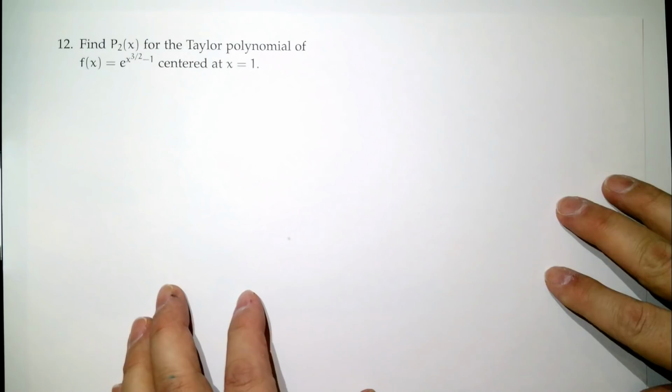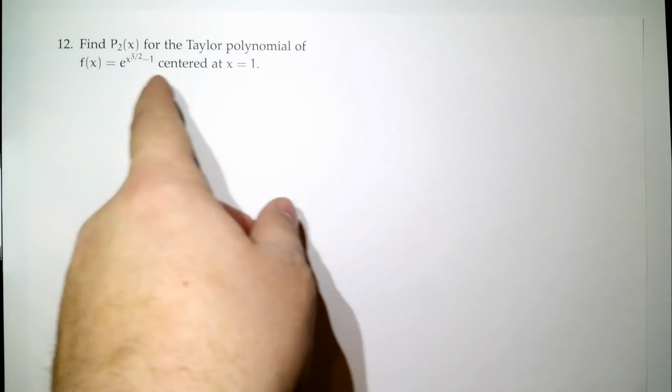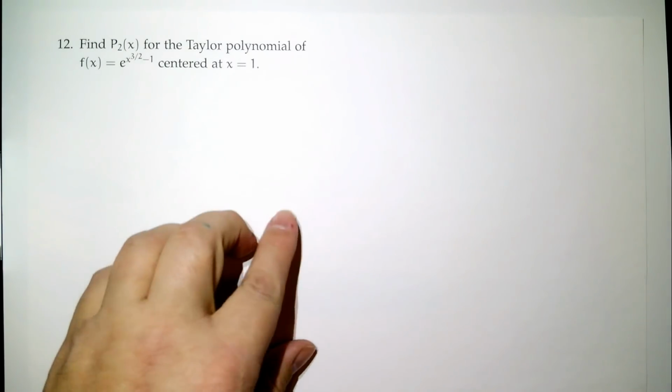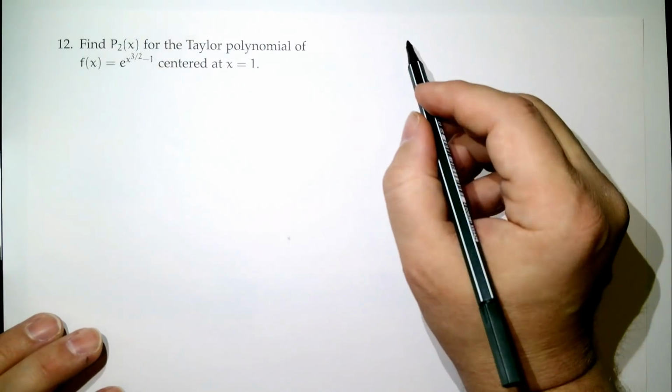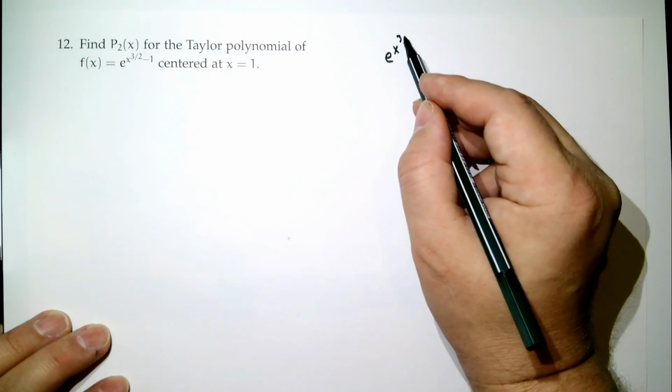Find P sub 2 of x, the Taylor polynomial of f of x equals e to the power x to the 3/2 minus 1, centered at x equals 1. Now it's really tempting to say, hey, this is pretty easy, because I already see there's this minus 1 upstairs. I can just do even better. This asks for a Taylor polynomial. Isn't it the case, and you can already tell by the way I'm phrasing things that the answer is no,